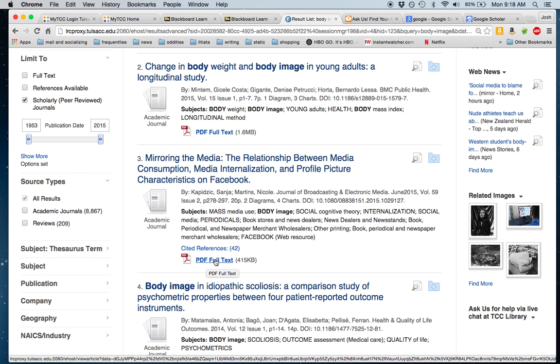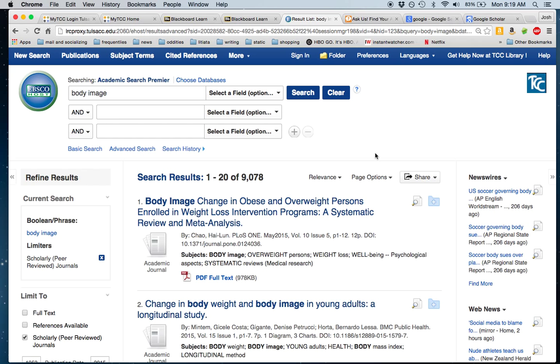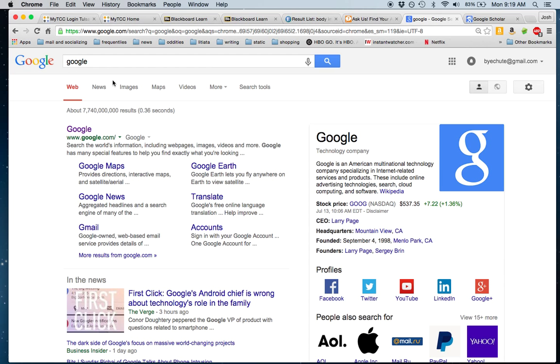Whenever you're ready to go to the article, just click on the PDF full text and it should bring up the full text of the article. If it doesn't, again, remember, go back, sign in to my TCC, and you should be okay. Like I said, the drawback of EBSCOhost is that its search functionality isn't as easy to use as you're used to with Google, but there is a way to use Google